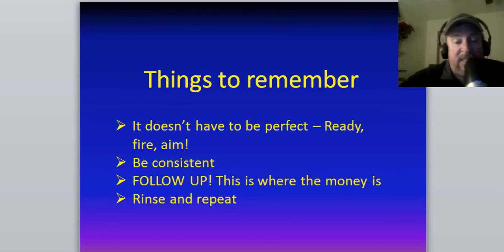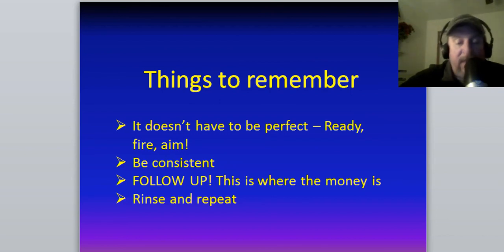Second thing, be consistent. Be very consistent with your marketing. If you're going to put out a Facebook ad and you're going to spend $10 a day on that Facebook ad, then spend $10 a day on that Facebook ad every day. Okay? If you're going to post articles in different places, make sure you post articles. If you're going to post classified ads, make sure you do it on a consistent basis. If you're going to do some direct mail pieces, some postcards, make sure you send out postcards in a timely manner, in a consistent manner, okay?